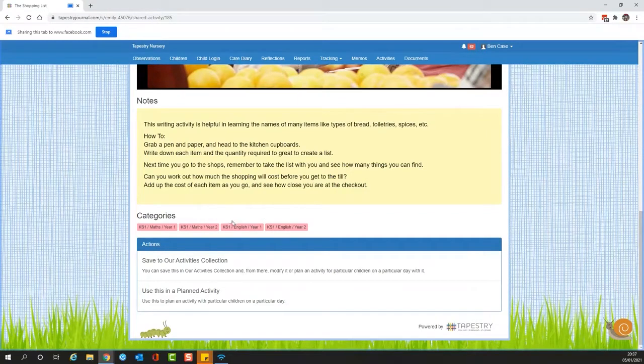Okay. Now, if I wanted to use that, but I wasn't quite ready for it, if I wanted to use it at a later date, what I can do is save it to our activities collection. So if I click on that, that takes it to,